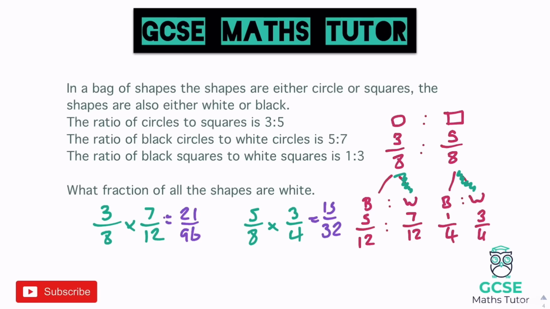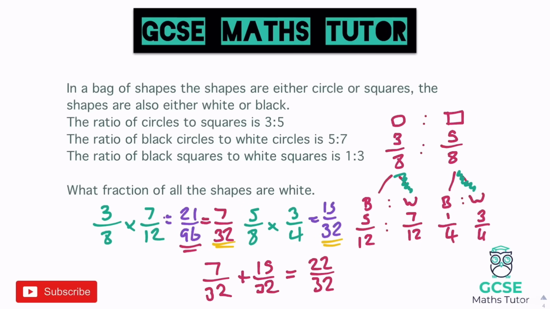Now just like with probability here, we just need to add these two together, which means we need a common denominator. So not very nice, but you might have spotted here that this fraction simplifies. And if we divide the top and bottom by 3, 21 divided by 3 is 7, and 96 divided by 3 is 32. So actually we can now add these two fractions together. We've got 7 over 32 here and 15 over 32 here. And if we just add those together to finish that off, now that there's a common denominator, 7 over 32 add 15 over 32 gives us a final answer of 22 over